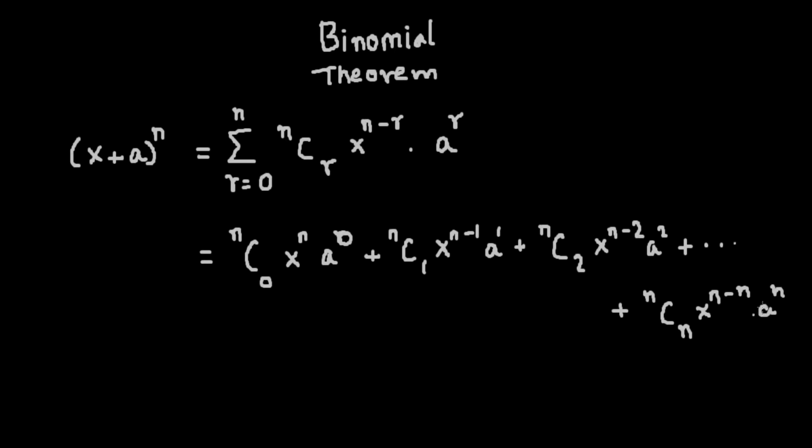So this is what the expansion of a binomial expression x plus a all raised to some positive index n looks like. Now we're going to talk about some important conclusions from this binomial theorem, some that will